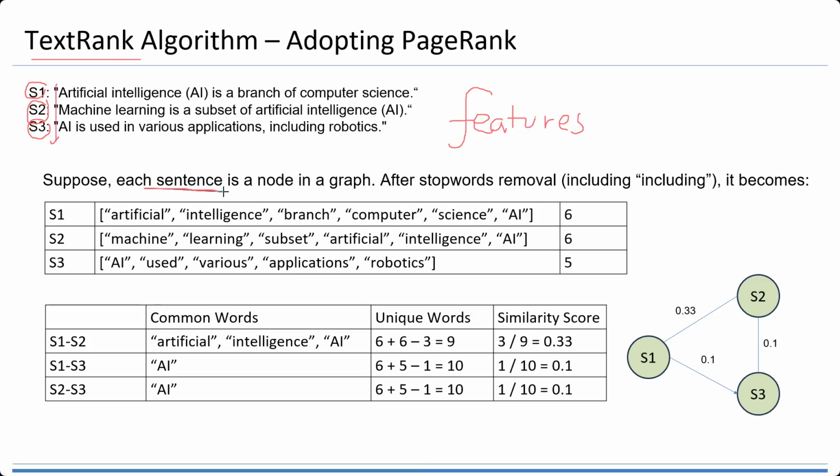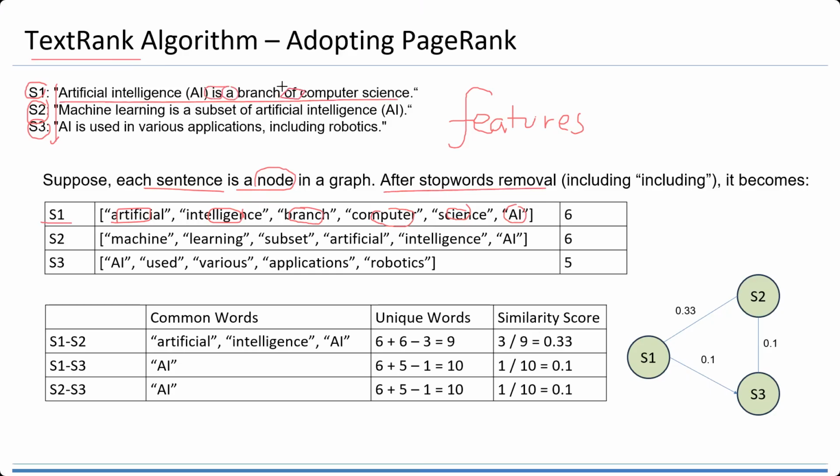tokenize. So every sentence is a node in a graph. And for every sentence, we can create the tokens. The token means word. In this case, we have artificial intelligence, brains, computer, science, and AI. It is from these words. So after the stop words removal, I remove